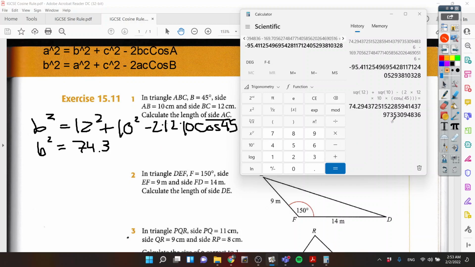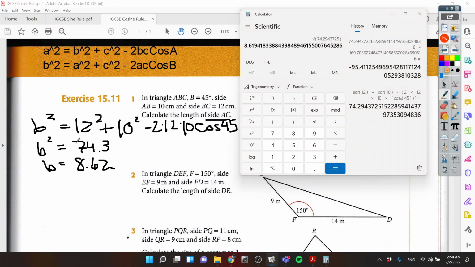So I want to square root that. Can I bring this back? I can't. So 74 point, I'll just take more decimals, 29, because I want to make sure that I have enough precision to be correct to the third decimal place. 43725, that's plenty. Square root. I get 8.62. So B is